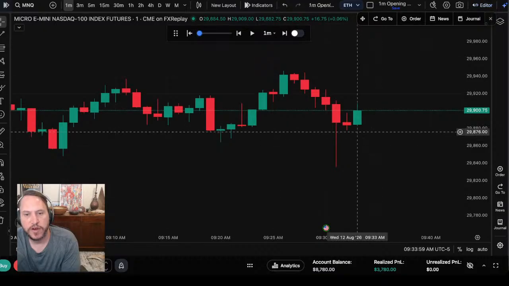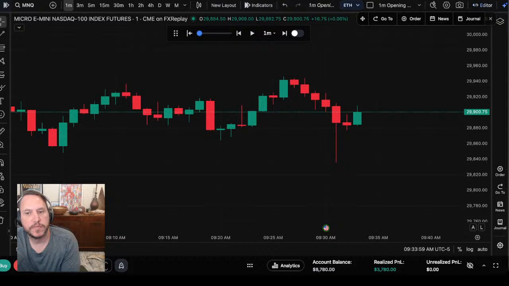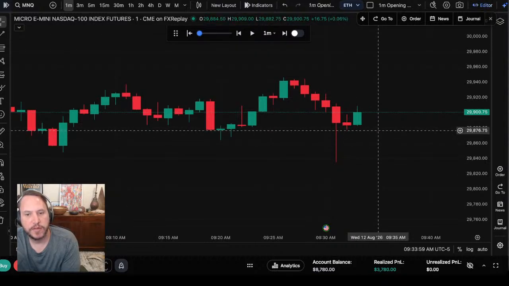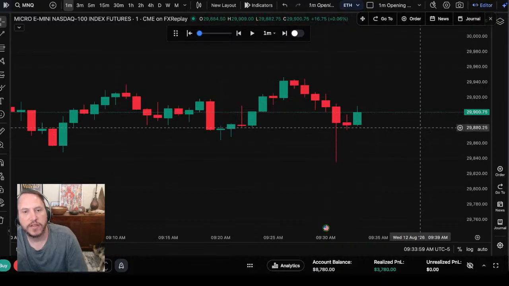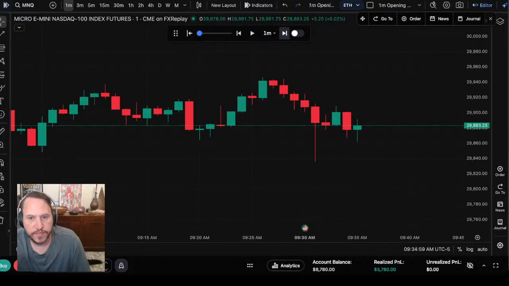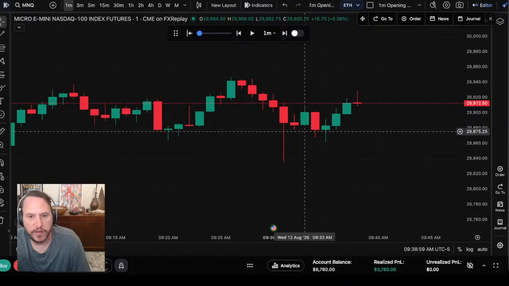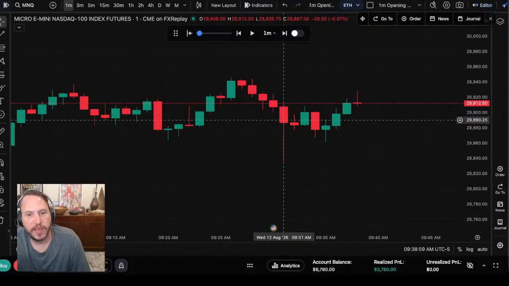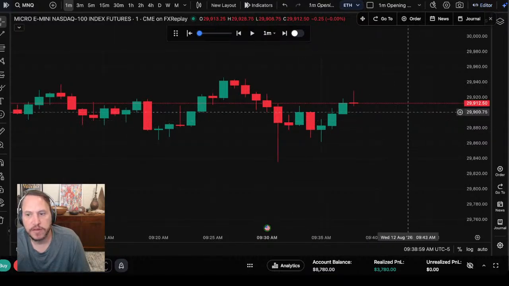Or do I say it's no trade because this is a scam wick? I want to say no trade because I don't like putting my stop here. When we have some big wick like this and then followed by an inside candle like that, I'm going to say no trade. Let's see if we would have won it. We would have won it. Okay. Well, we would have lost it because I would have put it here. So when there's a big scam wick like this and inside trading afterwards, then I ain't doing it. That's the rule.